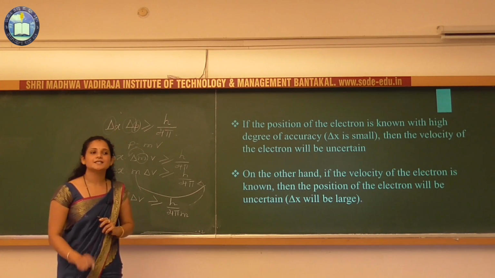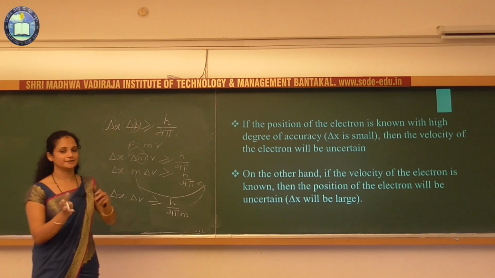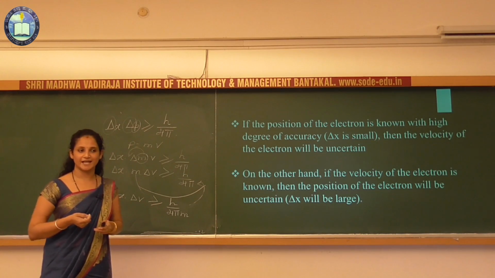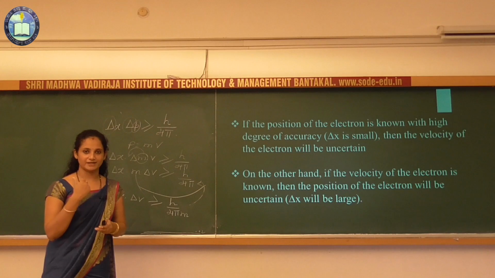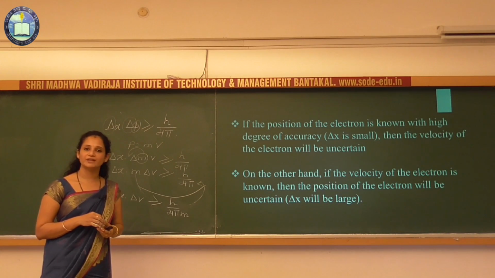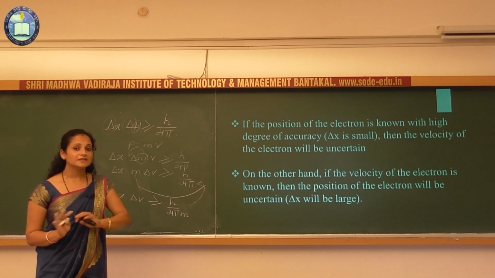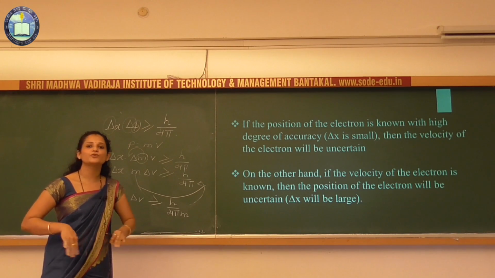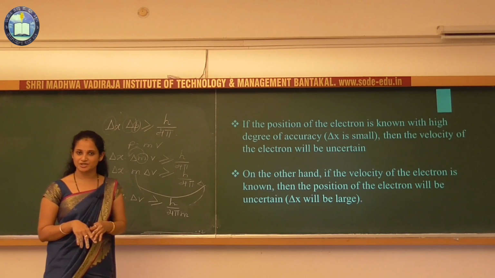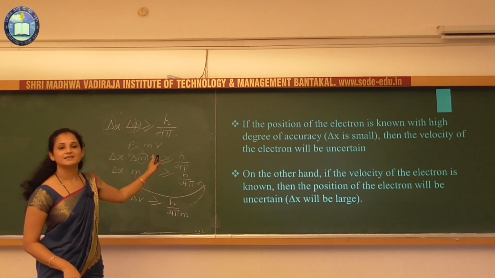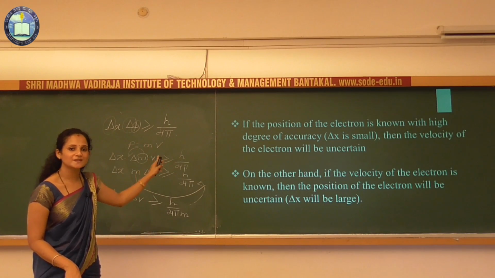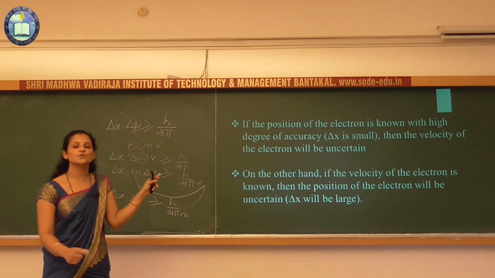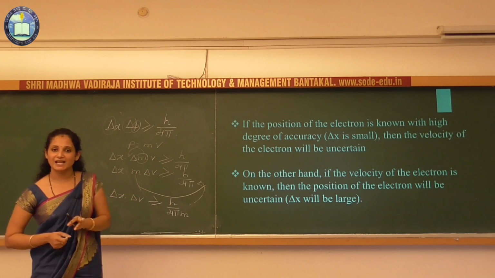Now let us consider a rat. Okay, it is running in a dark room. Suppose if we focus the torch light on that moving body, the rat, then what will happen? Nothing will change, meaning the position as well as velocity of that moving rat will not change by this light. What I am going to say is, light energy is insufficient to change the position as well as velocity